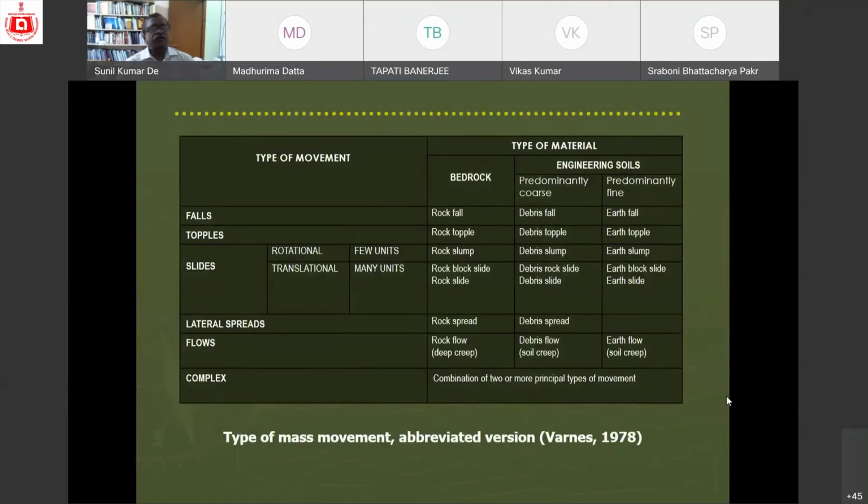Now, there are different types of landslides. Mainly fall, slide, and flow. These are the three main types. Apart from that, we have topples and lateral spreads, but these are not very common in all areas. When the slope is very high and the water content is very low, in most cases falling takes place. Then slides occur along the slope when the slope is about 30 to 40 to 45 degrees, along with some amount of water. They produce slides and flows. Flows are composed mainly of water. This classification was proposed by Varnes in 1978.